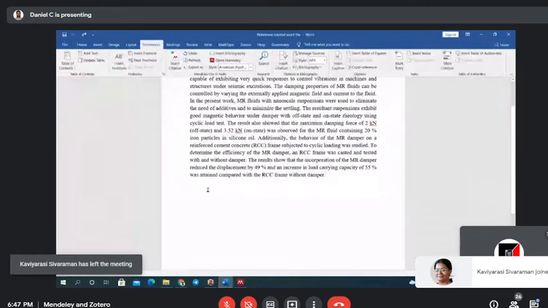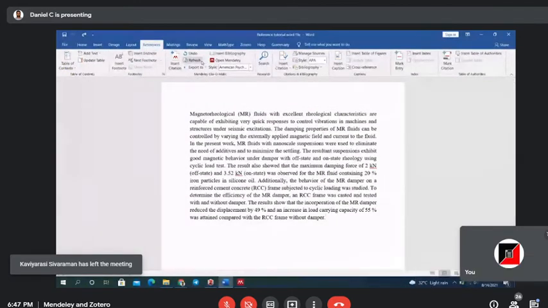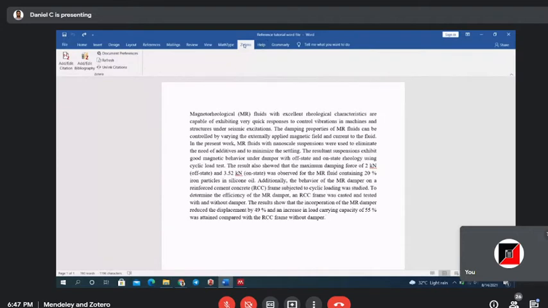Now we will have a check in Zotero. Zotero will be a separate plugin menu in the top. You can find Zotero here. Click add citation. Sorry, before that, you need to fix one reference here. Add citation.